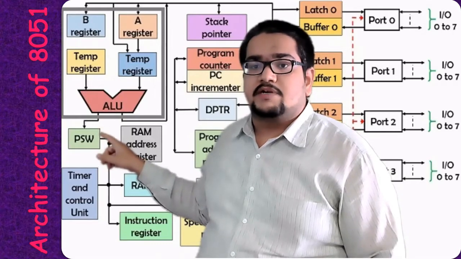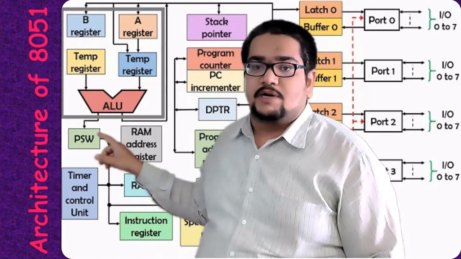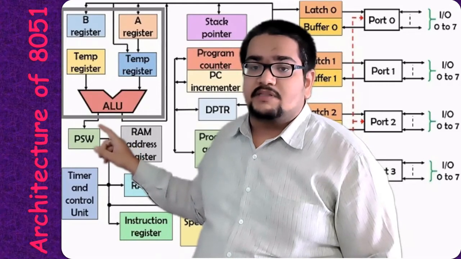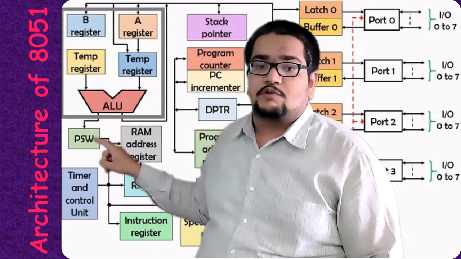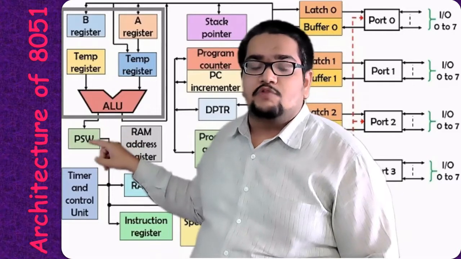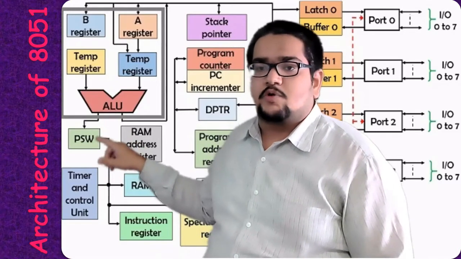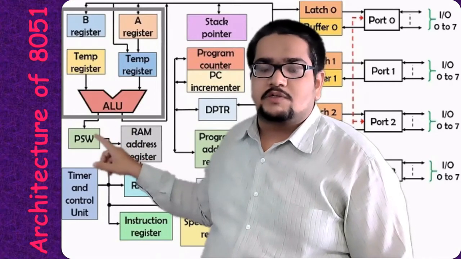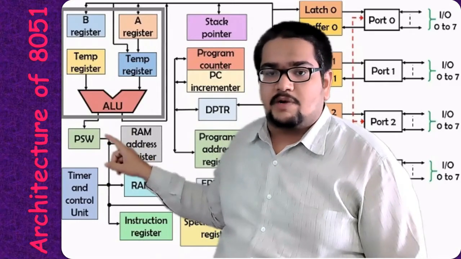This program status word is similar to the flag register in 8086. We have seen the flag register in 8086. That too was arranged in a way that it was connected immediately after the ALU, so the outcomes of the ALU affect that flag. Here also the program status word is a kind of flag only. About this program status word also we will discuss in an elaborated way.